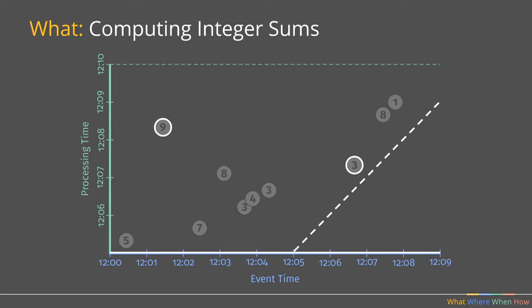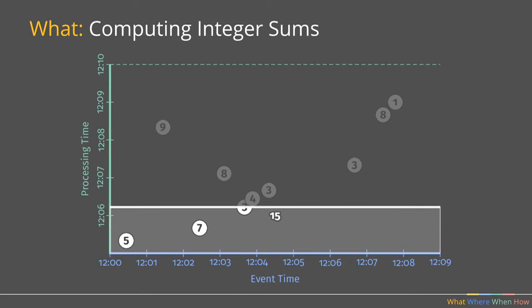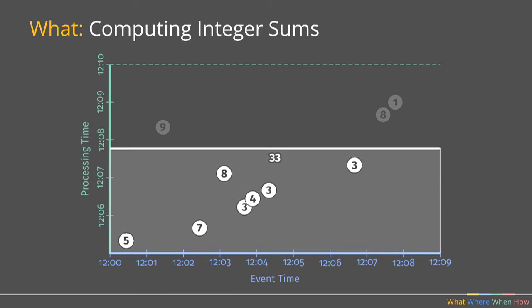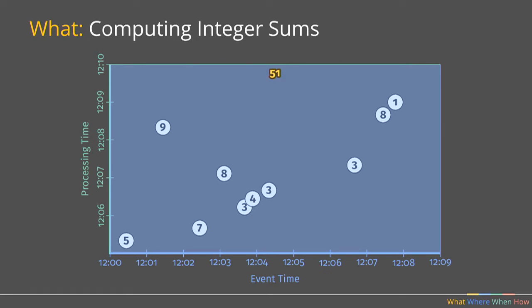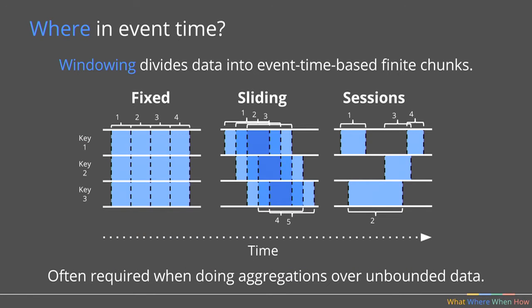So how do we compute the total sum for the team from 12 to 12:09? It's not a trick. We just go up and read all the data and sum it up, and we get 51. Great. So that's the score for the team. This was a typical way you would do it in batch, right? You had all the data that you needed between 12 and 12:10, and you computed the result on that window.